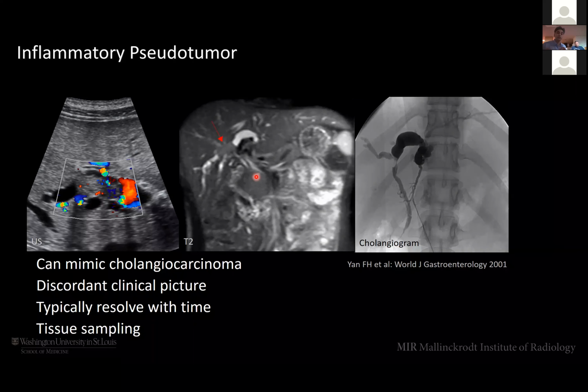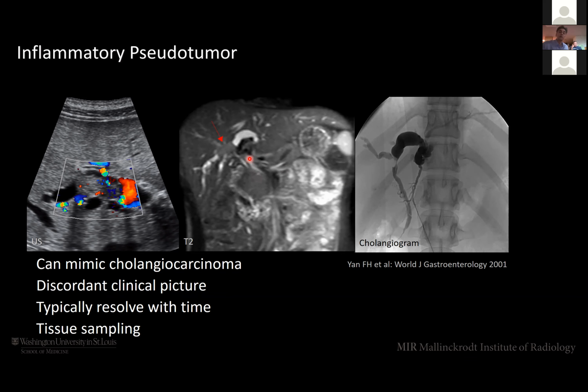The reason to point this out is not that you have to make a diagnosis, but you will come across inflammatory pseudotumors at times, and they typically tend to occur by the porta hepatis. The only thing that may clue you that this may not be a cholangiocarcinoma is a discordant clinical picture. The patient comes in out of nowhere and has this, and there's no weight loss or any other symptoms, but the majority of the time it's not possible. But don't be surprised if you get a diagnosis and it says, hey, it's an inflammatory pseudotumor. This is not a cholangiocarcinoma, because they can simulate